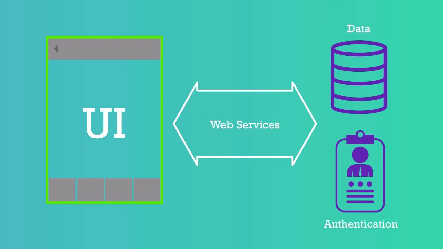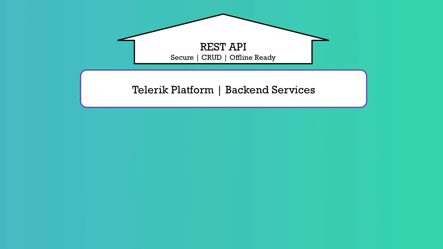app's UI. You can either do this manually, creating web service layers, writing code, perhaps in C#, in PHP, wherever you may feel most comfortable creating a web service layer, or you can use tools like Telerik Backend Services in our platform. Telerik Backend Services, among many things, provides a way of automatically generating a secure RESTful API on top